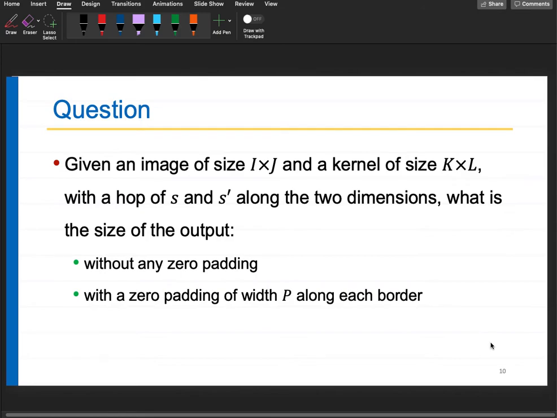Let us say you have this as your original matrix, and my P is equal to 2. Which means I will get 0, 0, 0, 0 here, 0, 0, 0, 0 here, and similarly here also 0, 0, and here again 0, 0.